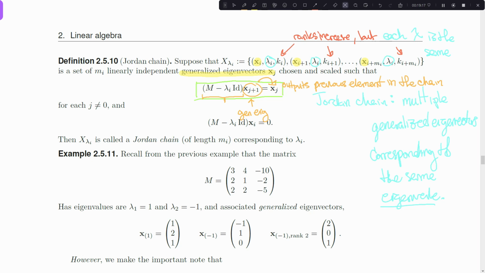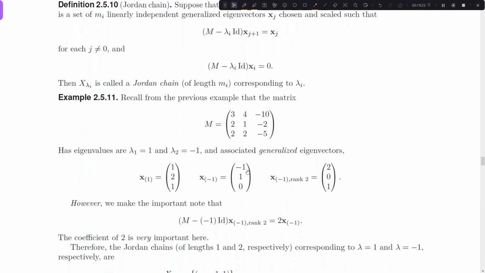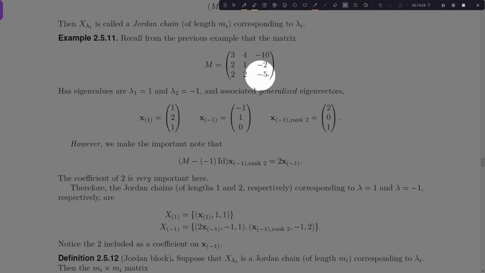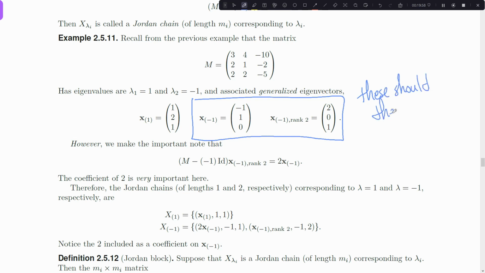Okay, hopefully that gave you enough time to pause if you needed to. Now we're going to look at the example where we construct a Jordan chain. This will make your life a little bit easier. So we have this matrix from the previous example, right? And we had two eigenvectors, true eigenvectors, and then the second one had multiplicity 2, the eigenvalue. So we found a generalized eigenvector of rank 2, which was (2, 0, 1). We have to note now that theoretically what we want to do here is these should be grouped into a Jordan chain,